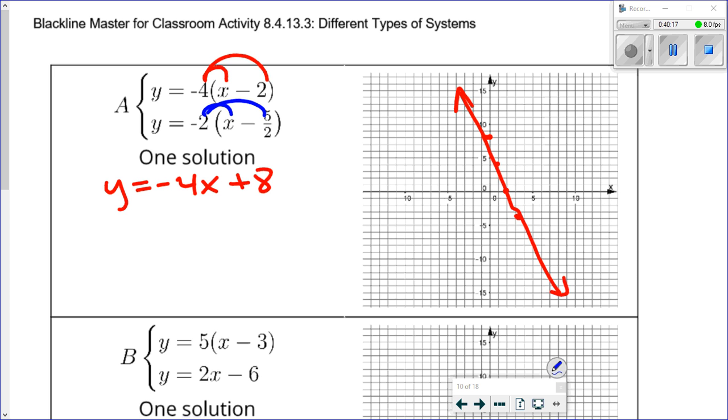Okay, so I'm going to go ahead and distribute, again, just like I did with the top equation in the system. I'm going to distribute the -2, so I have -2x. And -2 times -5 halves, remember, a negative times a negative makes a positive. And 2 times 5 halves, the 2's cancel out, and I'm just left with 5. So that tells me my y-intercept is at 5. And from there, I am going down 2 over 1, down 2 over 1, down 2 over 1,